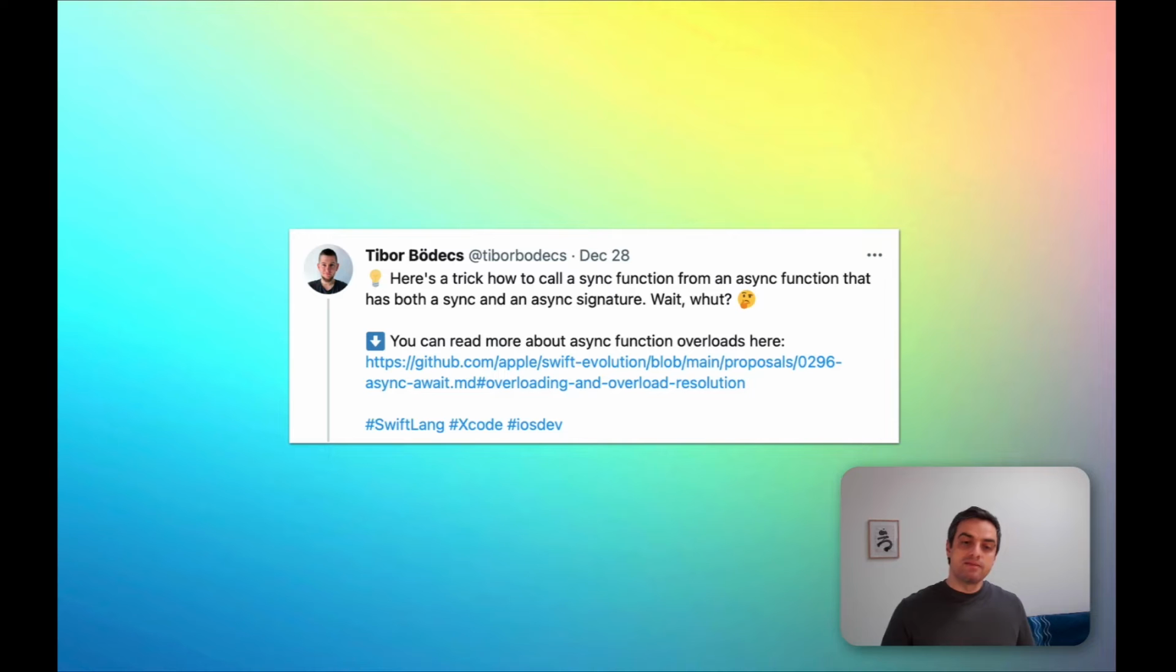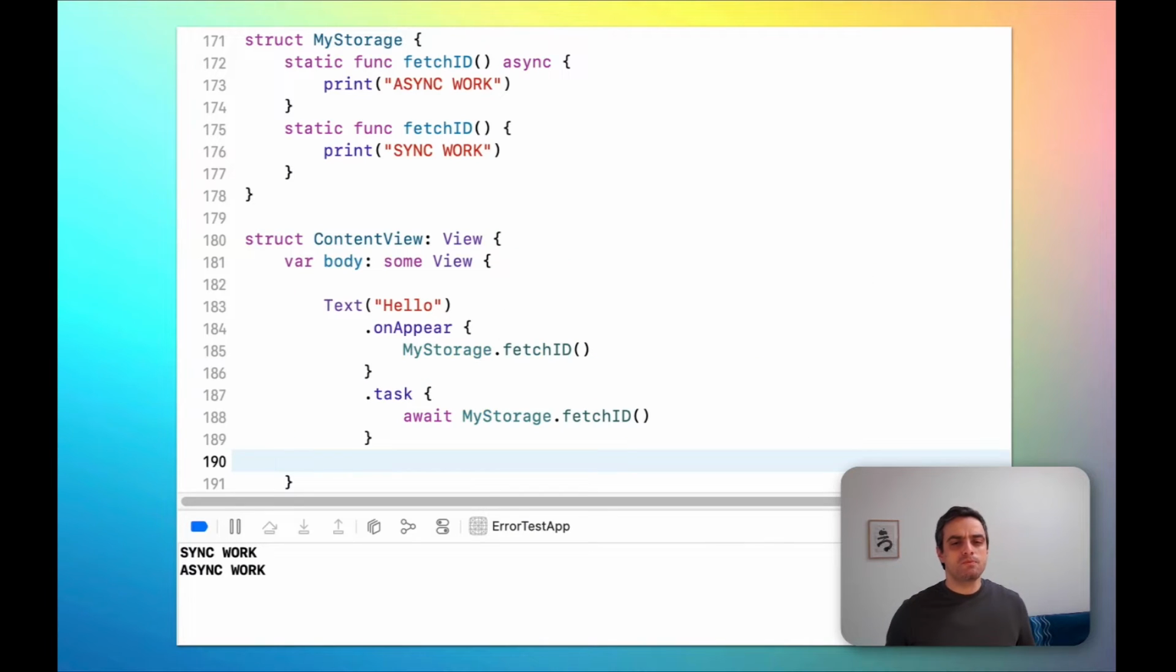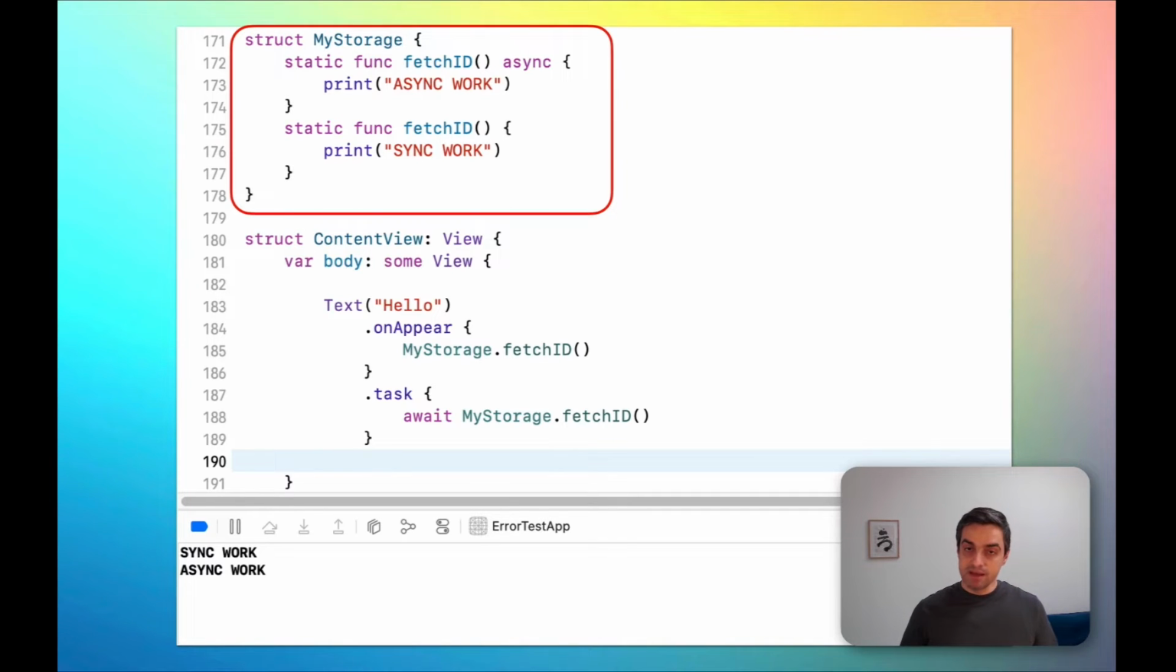So one day, as I was thinking about this, I saw this tweet from Tibor, who was mentioning the fact that you can define two functions with the same name, one sync and one async, and see which one the compiler picks in which kind of context. So I made a little struct with two methods called fetchID, like on the screen. One is synchronous and one is asynchronous, and this is the only difference between them. Arguably not a super useful example, but to try out what the compiler is doing, this test setup is